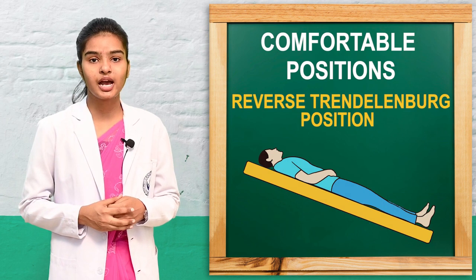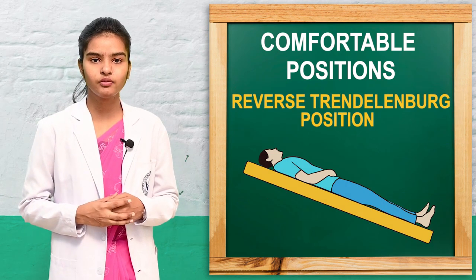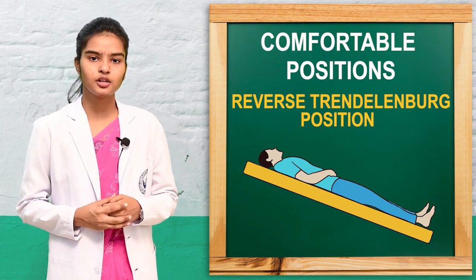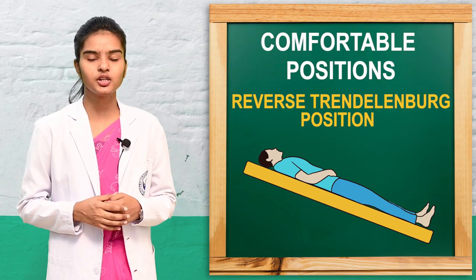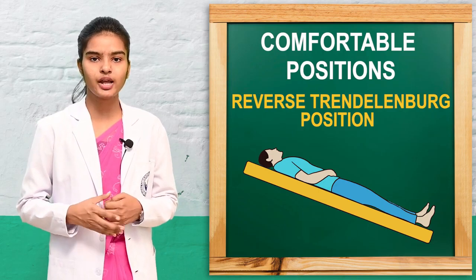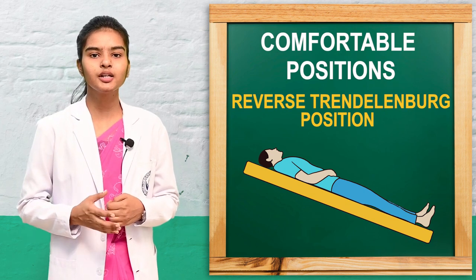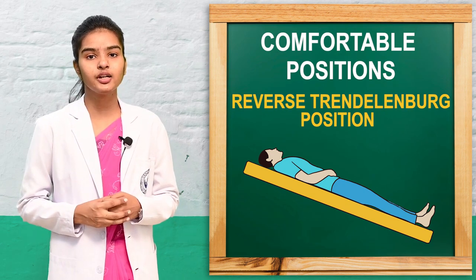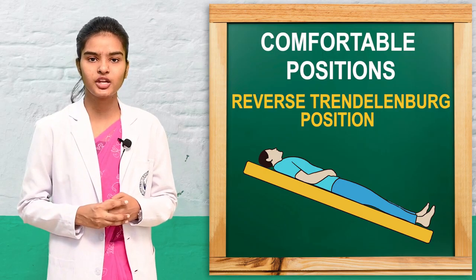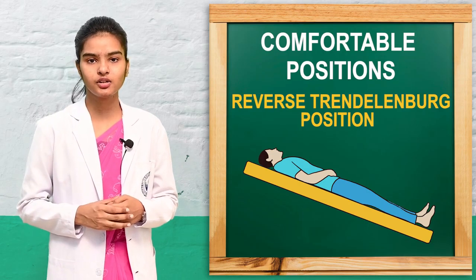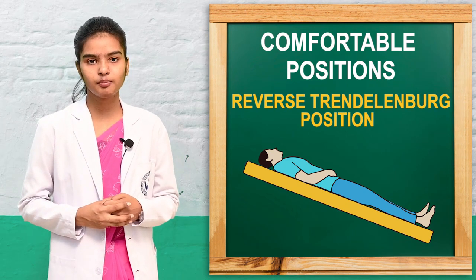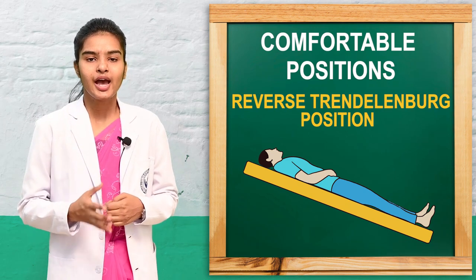Next we are moving towards the last and very rarely used position, that is the reverse Trendelenburg position. The reverse Trendelenburg position is just the opposite of the Trendelenburg position, where the client is asked to lie down on the bed in the supine position, but here, as opposed to the Trendelenburg position where the foot end of the bed is elevated, in the reverse Trendelenburg position the head end of the bed of the client is elevated